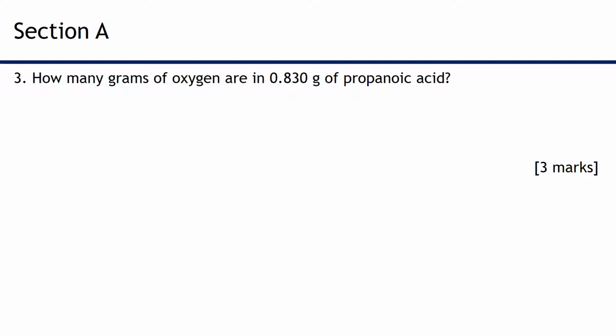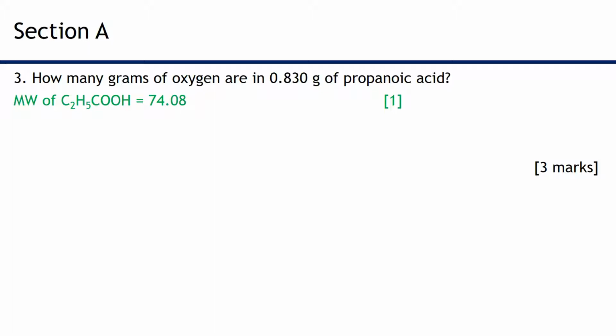In question 3, you're asked for how many grams of oxygen are there in 0.830 grams of propanoic acid. This question is worth 3 marks, and that tells you there must be 3 key steps to solving it. The first of these is to work out the molecular weight of propanoic acid. So, given the name propanoic acid, you should be able to work out that the formula of it is C2H5COOH, and then using the masses given in your periodic table, you should come out with a molecular weight of